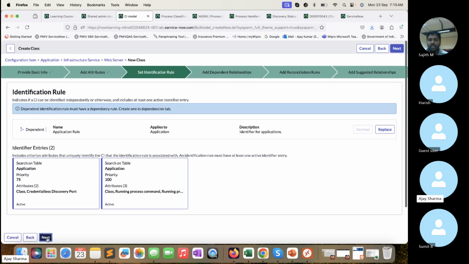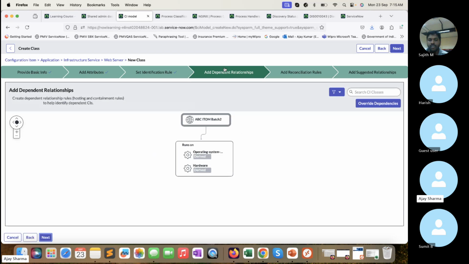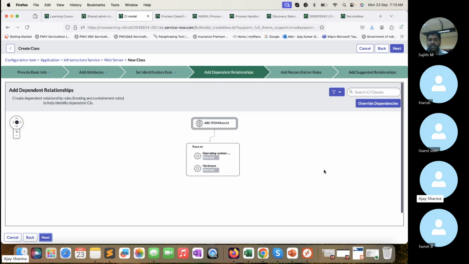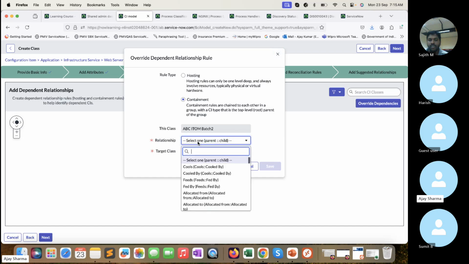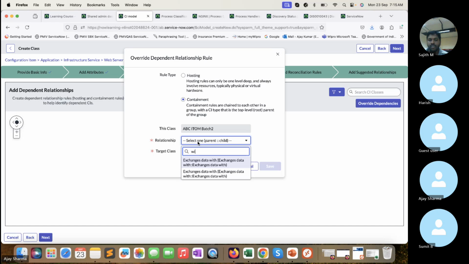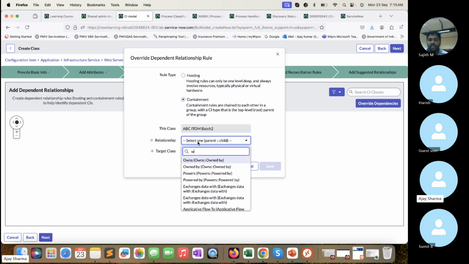If you want to add any dependencies, any dependent relationships, you can also do that. So automatically we have a dependency with runs on hardware and that operating derived. But if you want to put override dependencies or create custom dependencies, you can also do that. That is also available. So if I override relationships with Windows Server, okay, target class is,